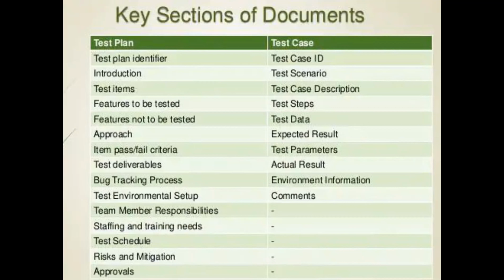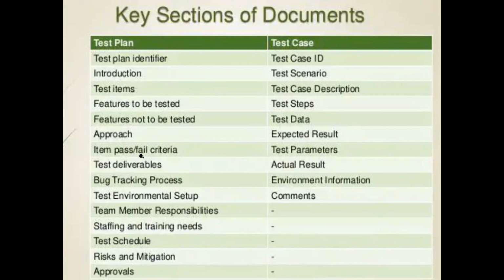We'll have an introduction part in the test plan, giving the purpose for which we are writing it. And it will have the test items: what are the components we are going to test, and the features to be tested, whether it is an iterative test, looping test, usability test, or any technical aspect, security, and features not to be tested. In a particular test plan, we may test only the boundary values, not mutation, random testing, or constraints. The approach: which approach we are going to use, whether manual, automated or semi-structured, and item pass or fail criteria.